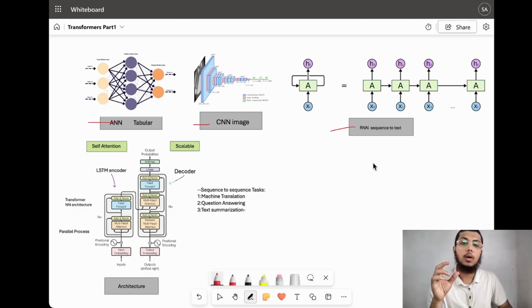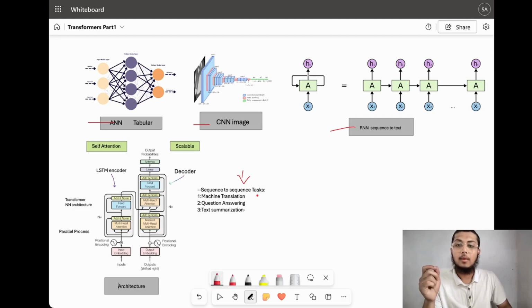For example, ANN works very well on tabular data. CNN works on image based data. And RNN works on sequence data, such as text data. In the same way, transformers is also a neural network architecture which is made to handle sequence to sequence tasks, where you get sequence data in the input and your output is also sequence data. A very famous example of such a task is